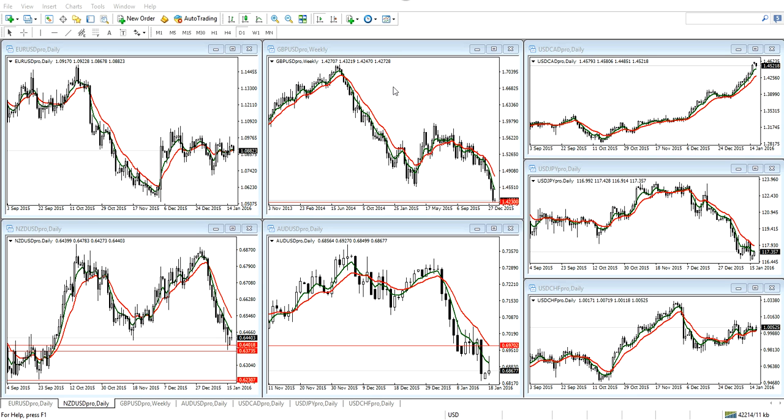Now, just to recap real quickly, the reason why we do this is because we want to know what all the currencies are doing in relationship to the USD. The USD is the big boy of all of them. So you always want to understand on the major board, remember how we call this our major board, what it's doing to all the currencies. So we only have a couple of things that we could look at. Now remember,